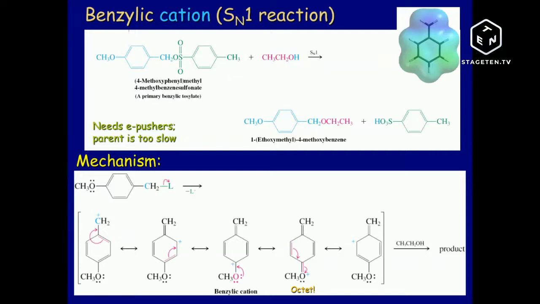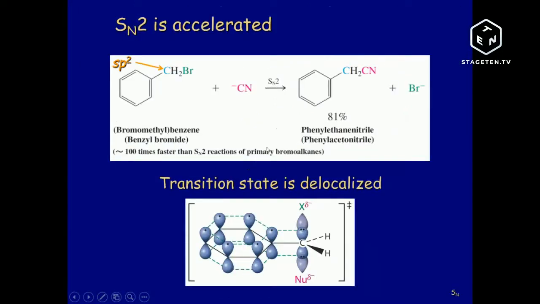Now, SN2, when you have a mechanism like this, would then be accelerated, because that means that you can lose the bromine easier. Now, here you have a 100 times faster reaction. What does a 100 times faster reaction mean? It means that if you had this mechanism, so if you had a mixture of the bromomethylbenzene